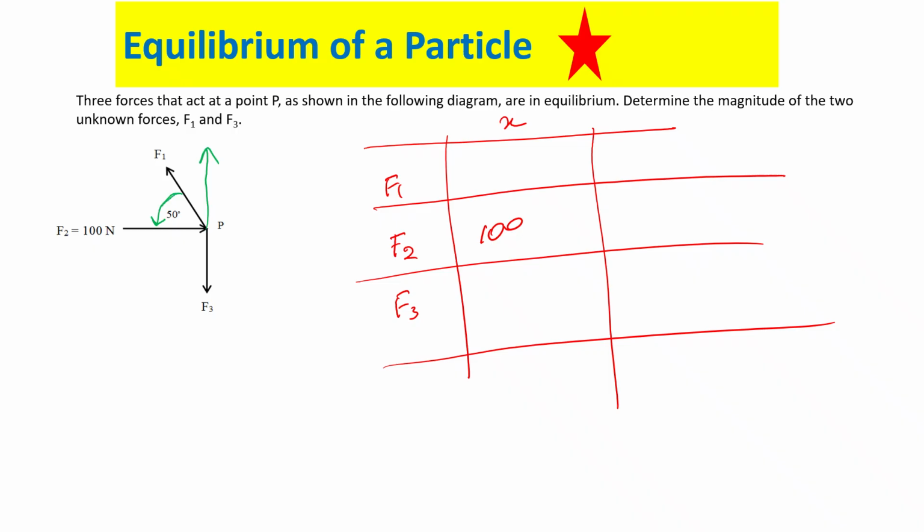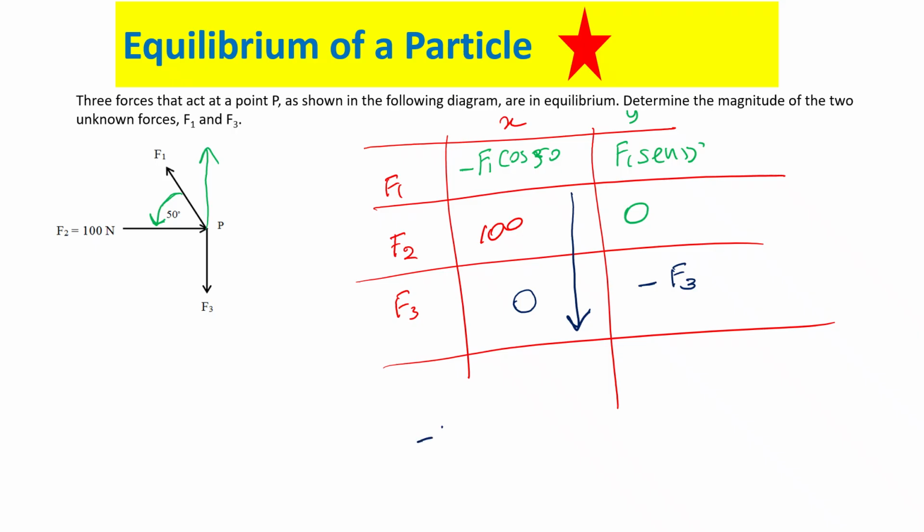This one, right? So it is the x component, negative F1 cos 50, and the y component is positive F1 sin 50. And this is 0. How about the F2, F3? X is 0, this one is minus F3. Do you agree? Now if you add all these together,